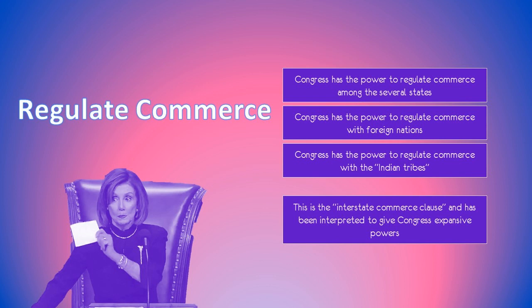Congress has the power to regulate commerce with the Indian tribes. Those are the words of the Constitution. That means that the states aren't doing that on their own. This would set up a system where the states were not competing with each other against Native American tribes, and so these three things make up Congress's commerce power. The Interstate Commerce Clause is one of those things interpreted to give Congress a lot of power.